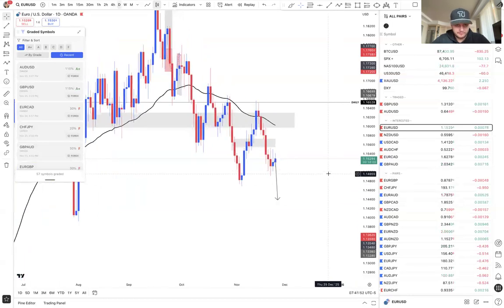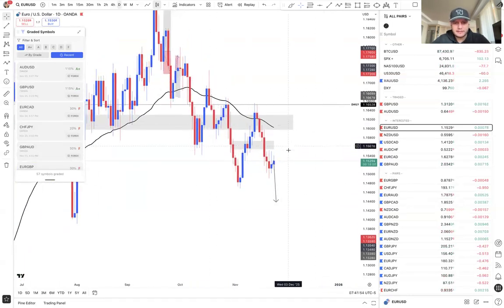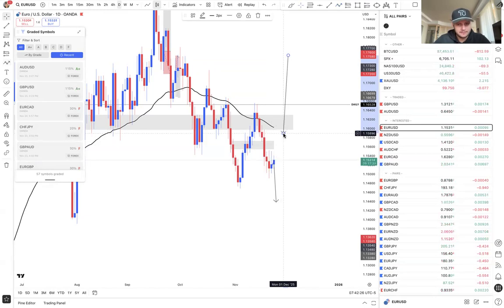This pair has done this before. In fact, I think that this might be exactly what's about to happen. Where price sells off of the EMA, then has a pullback back into the EMA before it sells very, very nicely. So here, we had this move to the downside. I think now we're kind of going to have this move. As you can see, the first blue candle is what initiated this pullback. We already have our first blue candle. So we might actually get that daily pullback on Euro USD.